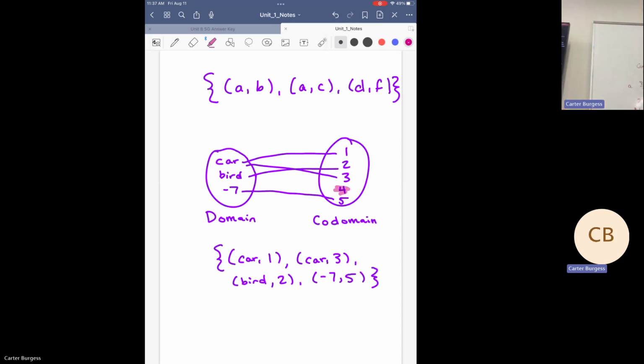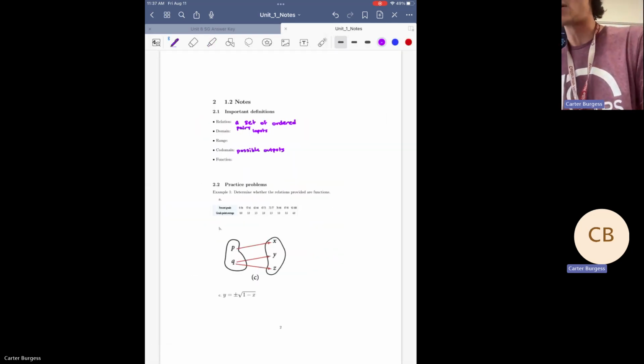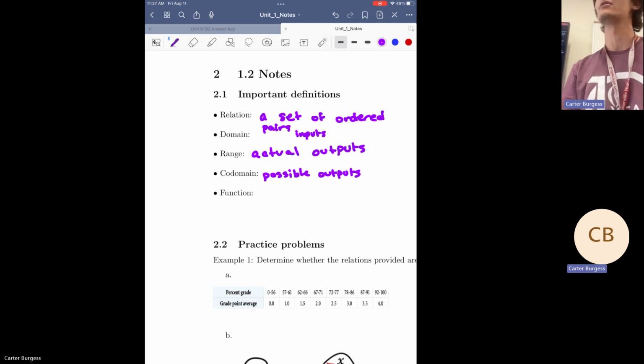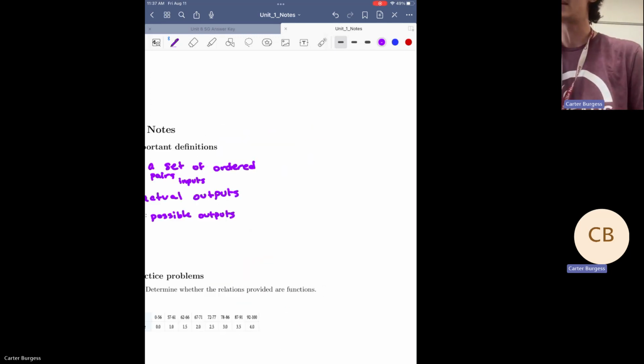Doesn't mean our map is bad. Doesn't mean there's anything wrong with 4. It just didn't happen in this particular instance. And so we say that the range here, these are the actual outputs. If I describe the codomain as the possible outputs, the range is the ones that we actually see. This feels like maybe a little bit of a weird distinction. We are actually going to see this come up several times throughout this course, specifically when we work with inverse functions. But just to give you an idea of why we might care about something like this, let's say we were trying to come up with